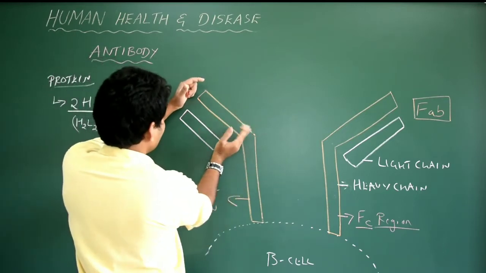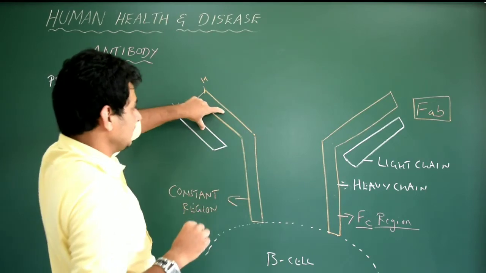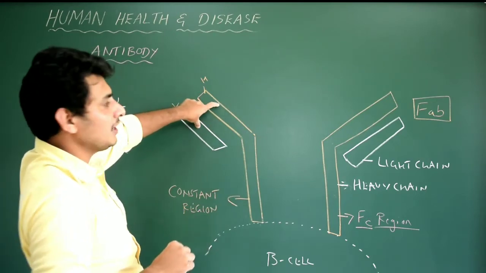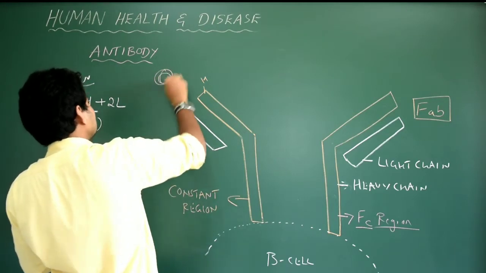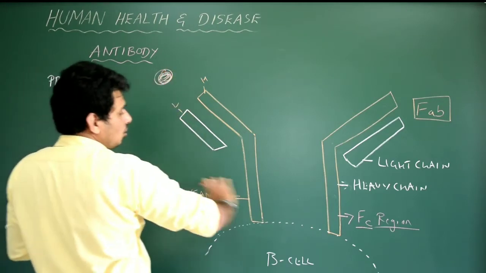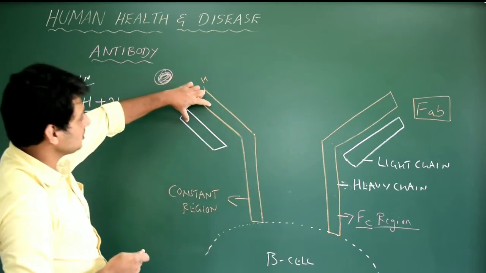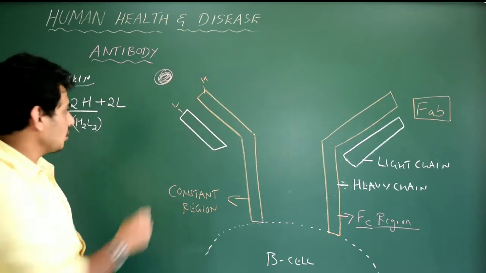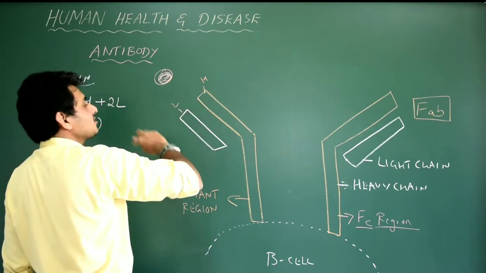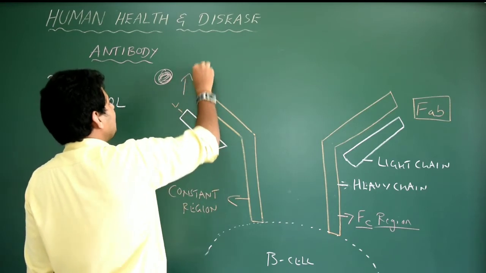From here, where both heavy and light chain are in this region, because this is the site where they are going to react with antigen. So for example, if this is the antigen, see, antigen will not go and react here in the FC region or constant region. It's going to bind to this region where heavy chain and light chains both are there. So heavy and light chains now make one more region that is called as variable region.